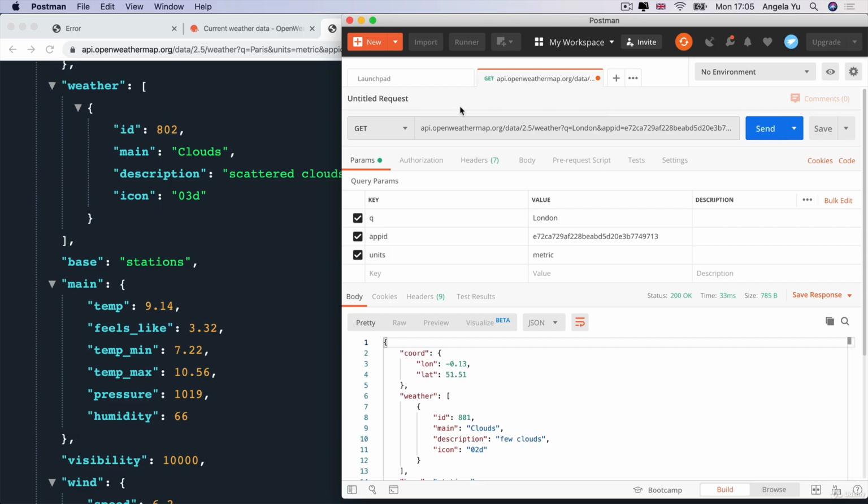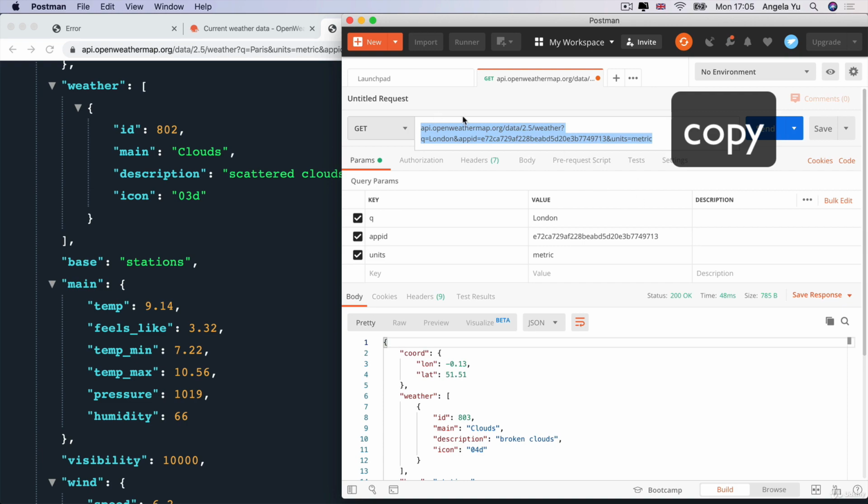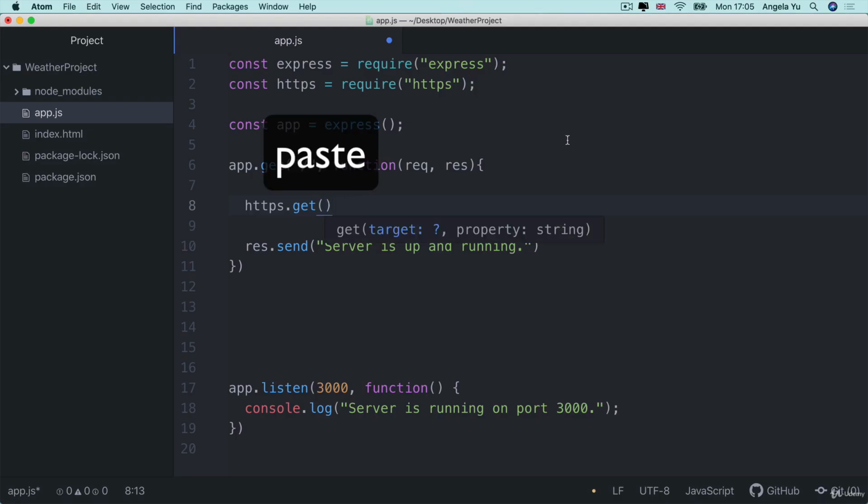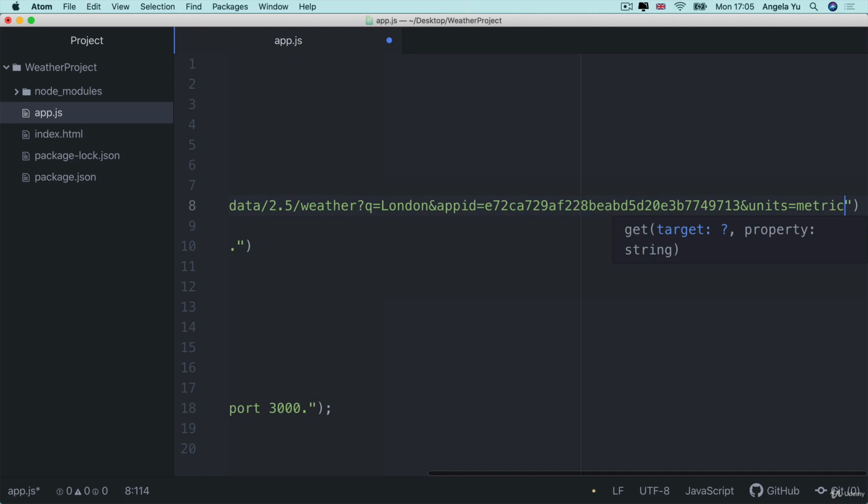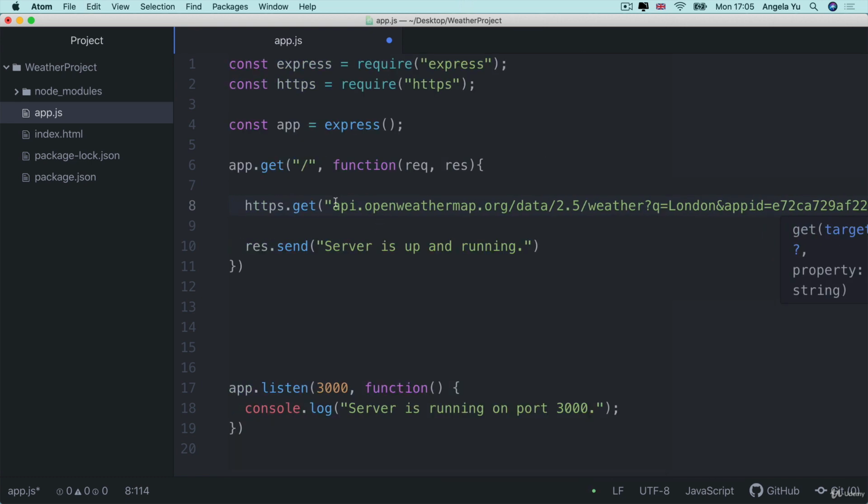If we go into Postman, where we've got our already pre-structured URL, which includes all of the parameters that we've added here, make sure that you've checked that it actually works, that you actually get back some data and everything looks like it's working. Then we can copy this entire formatted URL and then paste it into our get method right here. Now, the thing to remember about this URL, though, is it needs to have the strict formatting of the